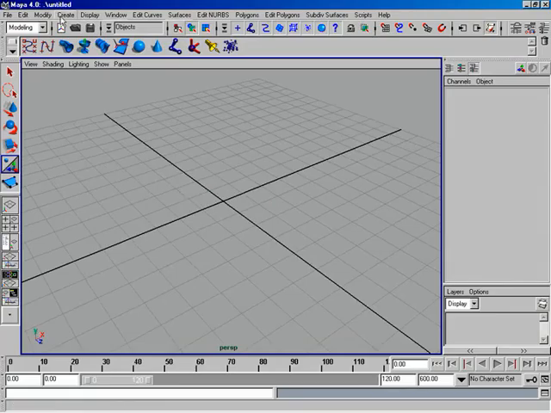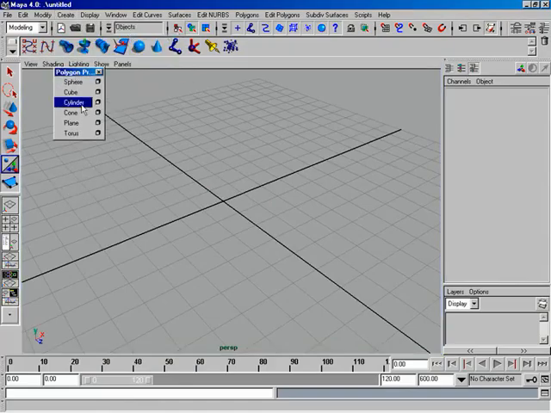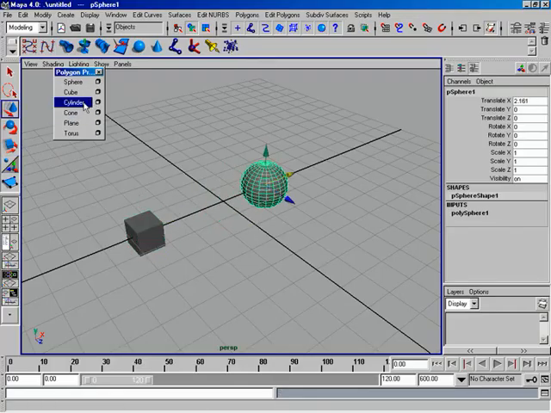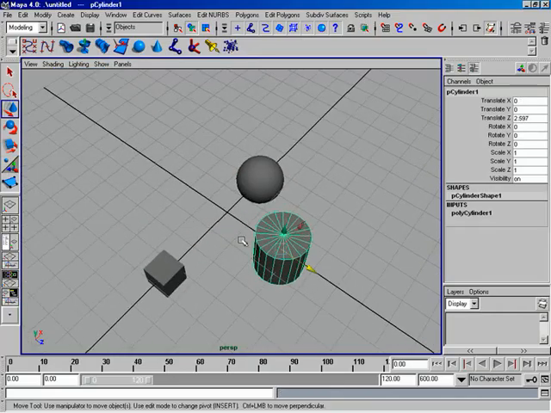We've already looked at it, but again, it's something important to me. I'm going to come over to polygon primitives, cut this guy off, and let's make a cube. Let's move him over. Let's make a sphere. Let's move him over. Ooh, a sphere this time. And let's make a cylinder. Ooh. All right, so now we have this wonderfully sophisticated